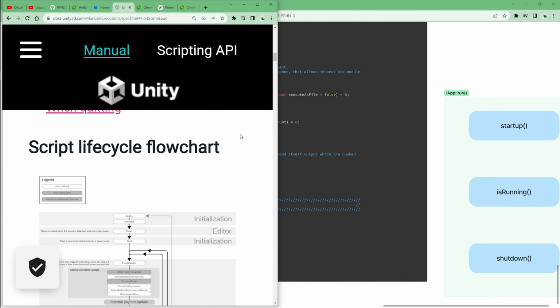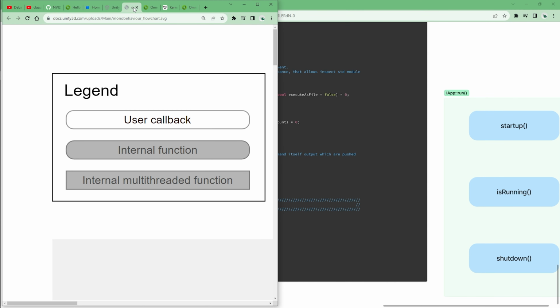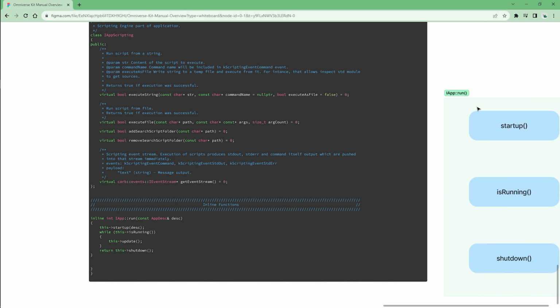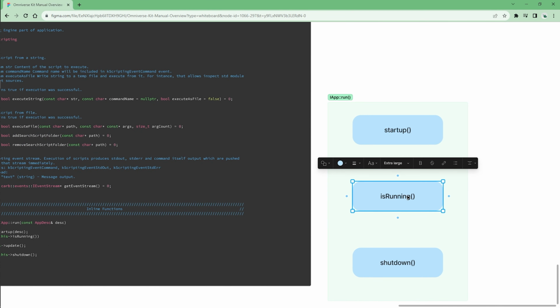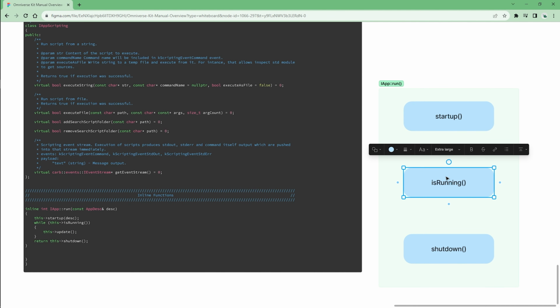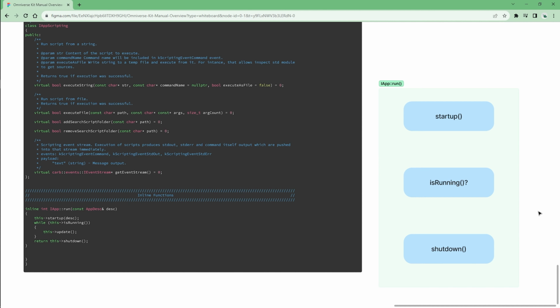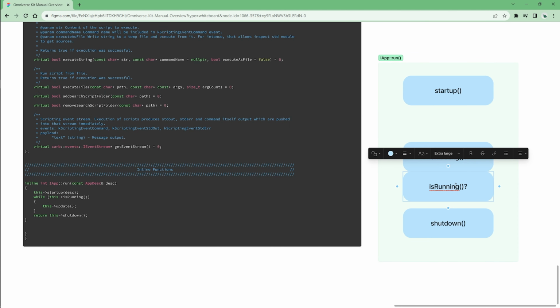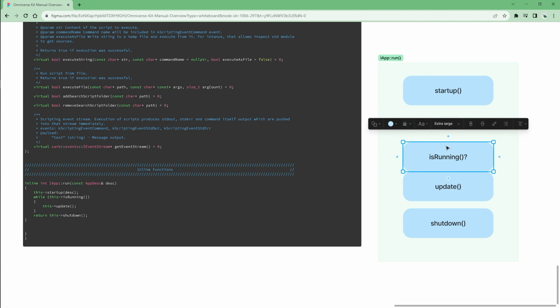See, this is why I want to put everything into Figma, because sometimes when you zoom in, it doesn't zoom in as you want it to. Okay. Callback, internal function. Okay, so that's how we may or may not follow this. The legend rule. Okay, so let's do this. I'm going to do this. Update. And I'm going to explain to you